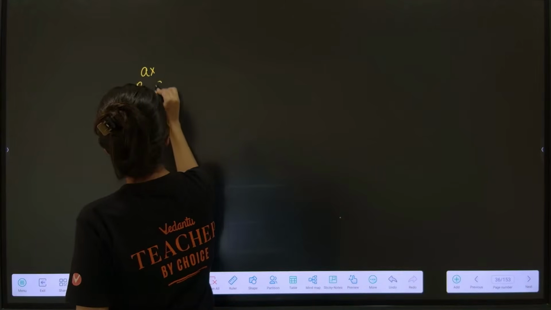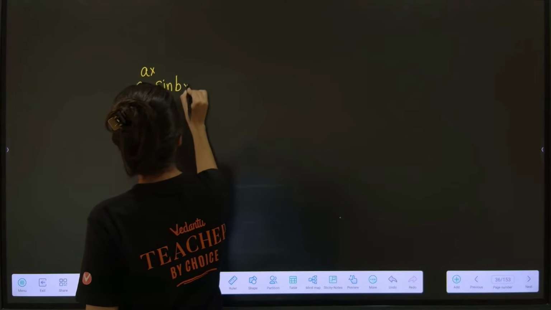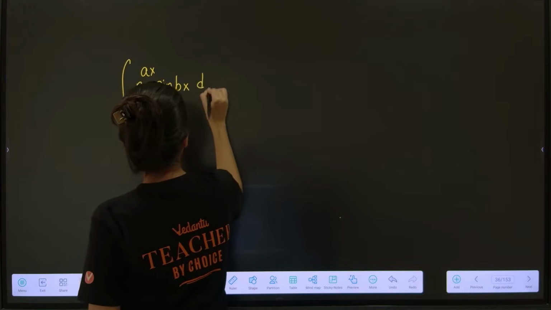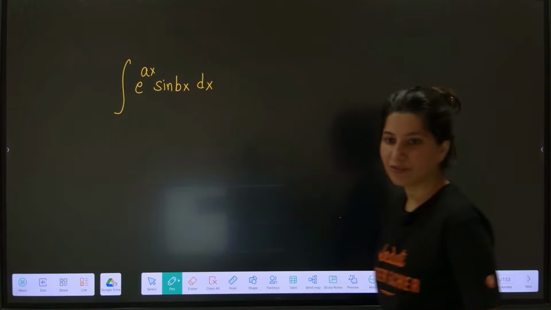Now understand, e power ax sin bx type of integration. Integration of the type,